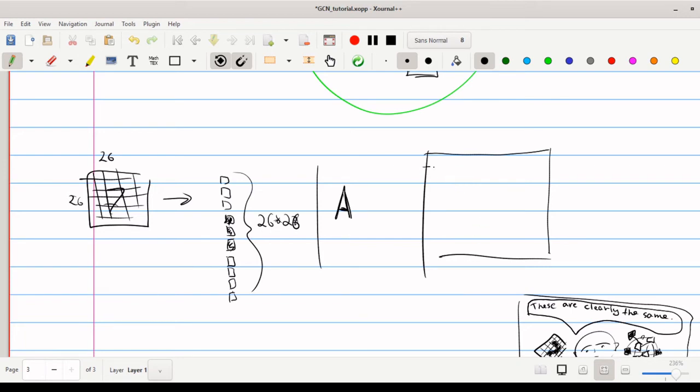Let's say the matrix has 5 rows, then it is going to have 5 columns as well, because it is always square. And if there's a 1 on an intersection between the row i and the column j,